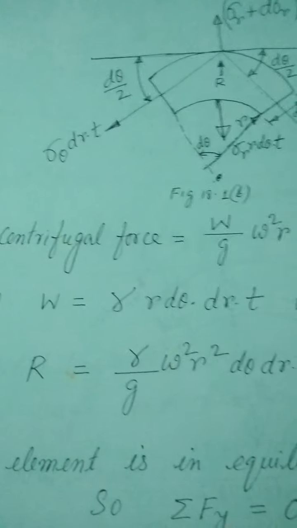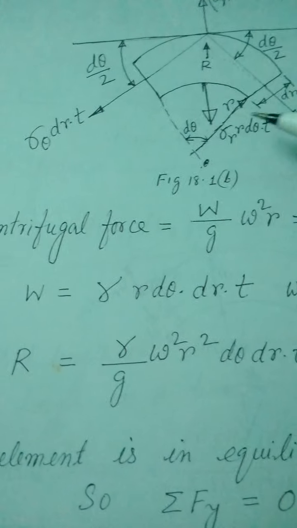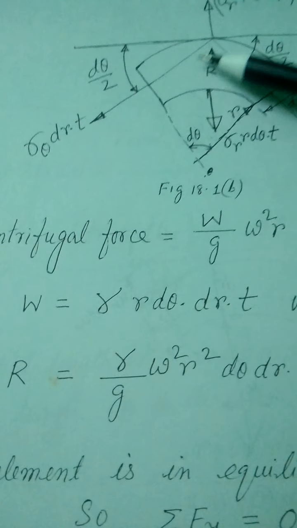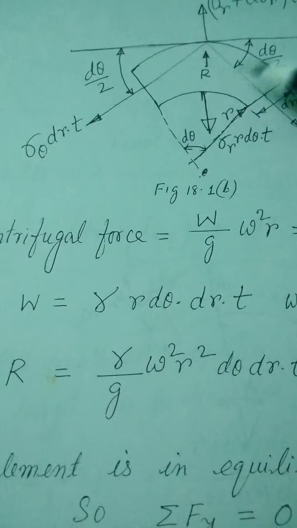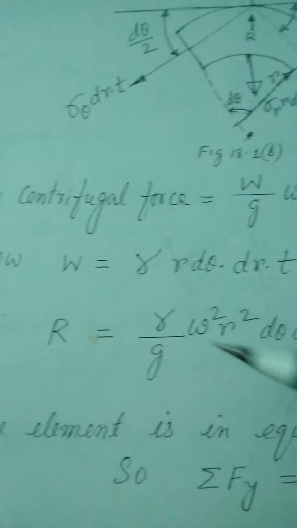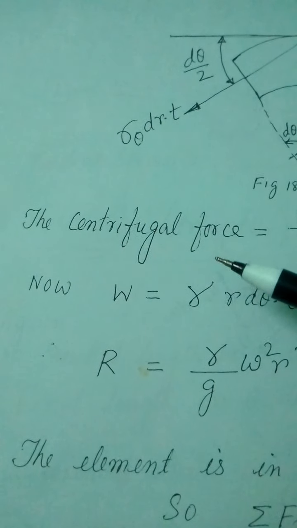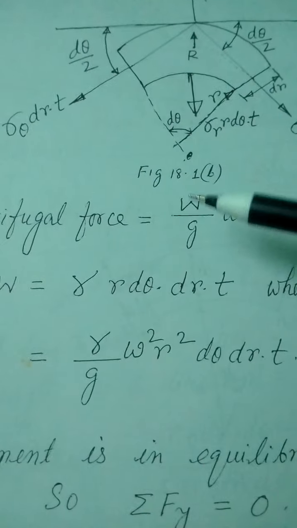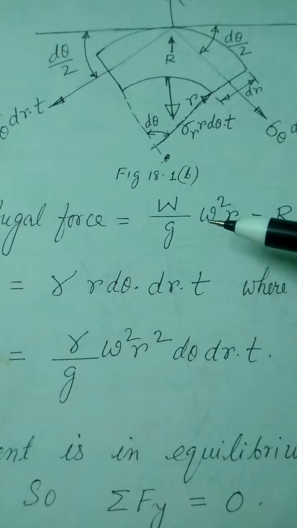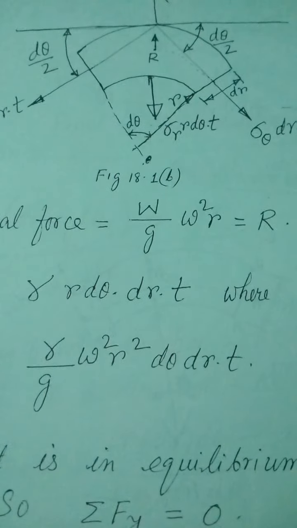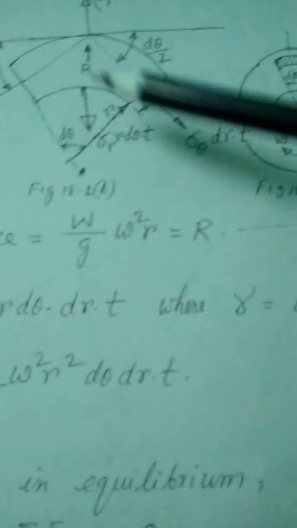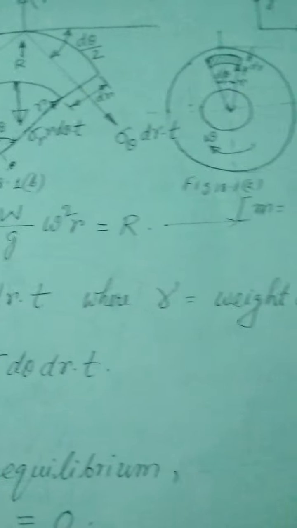Now here it is a rotating disc, so centrifugal force is acting outward from the center. So that is the extra force in our derivation of that polar coordinate. So what is centrifugal force? m v square by r. This is m, w by g is m, v square by r will be omega square r. So this is, let us talk it, it is a r, this r. Okay.